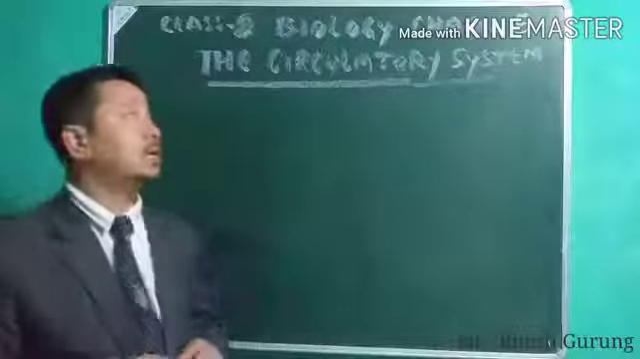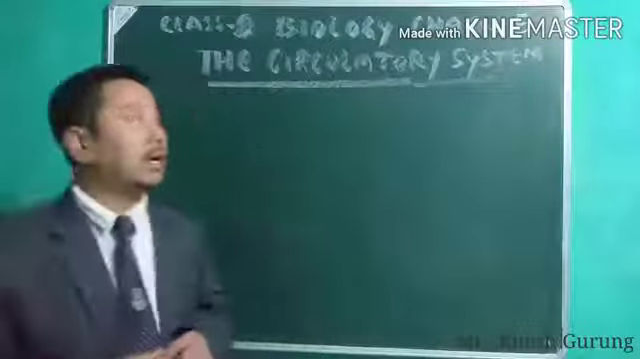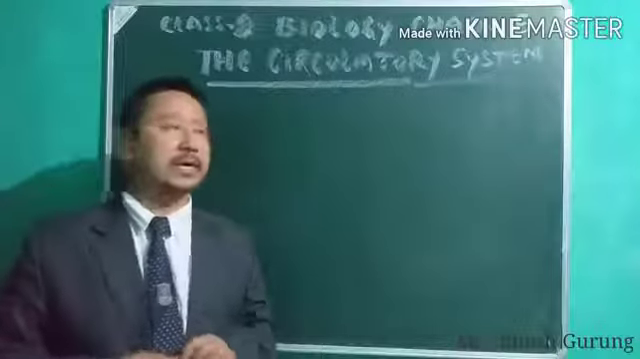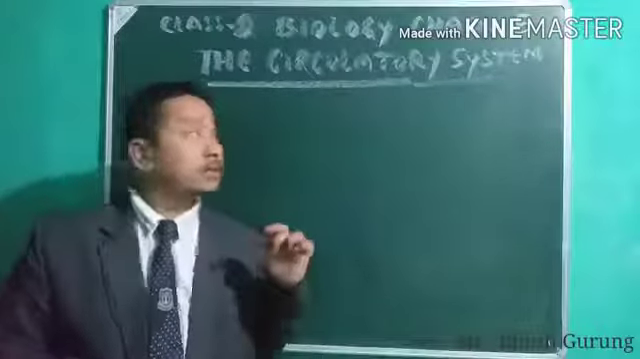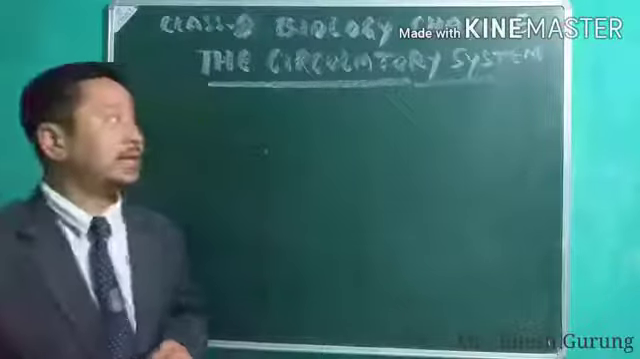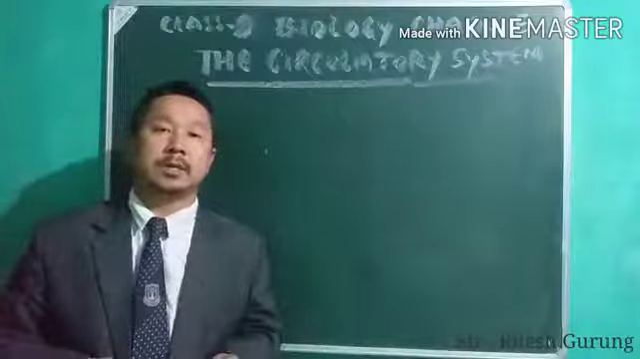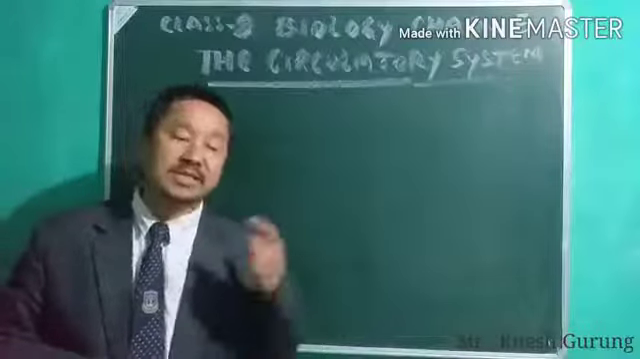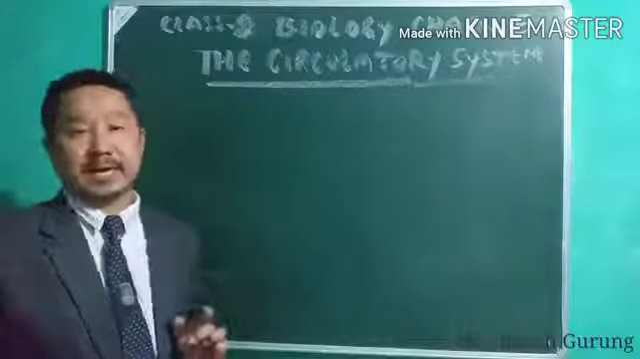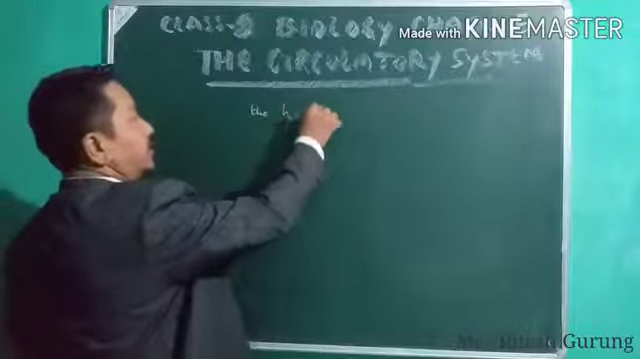Hello class 8. Now we'll begin a new chapter, chapter number 5, the circulatory system. Okay, let's talk about the circulatory system. As you all know, the circulatory system consists of mainly three different things. That is the heart,